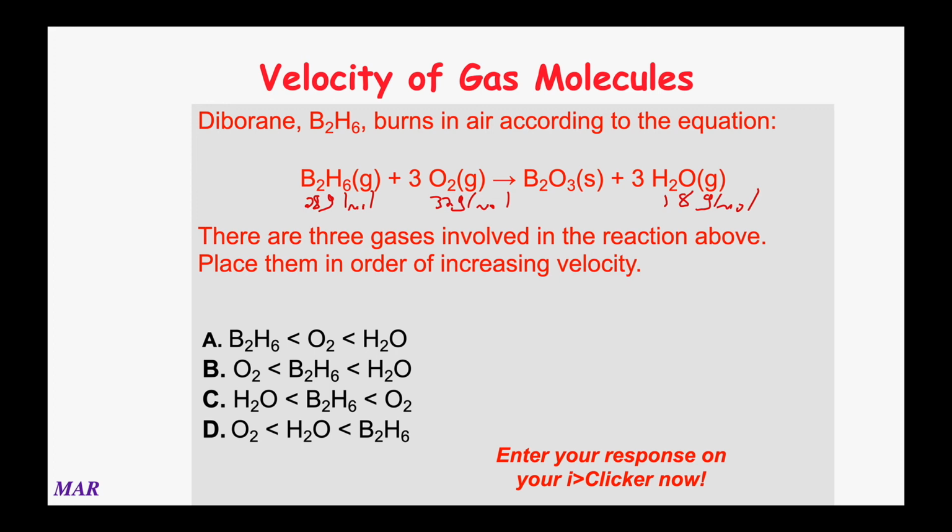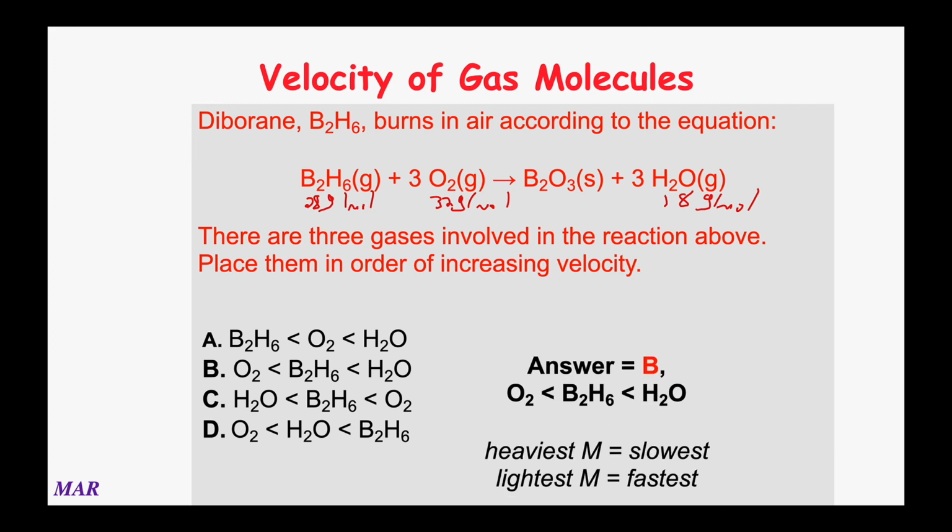So I would predict here that the order would be O2, which would be slowest because it's heaviest, followed by the diborane, B2H6, because the molar mass is in between, followed by water. And lo and behold, that's exactly what we get. So you can see what we did. We went from heaviest gas to lightest gas. Heaviest is slowest, lightest gas is fastest. I didn't use super precise sig figs, and that's okay because that was enough of a difference to show the order of the different gases. So again, notice this relationship between molar mass and speed. We'll see that several times in the upcoming discussions.